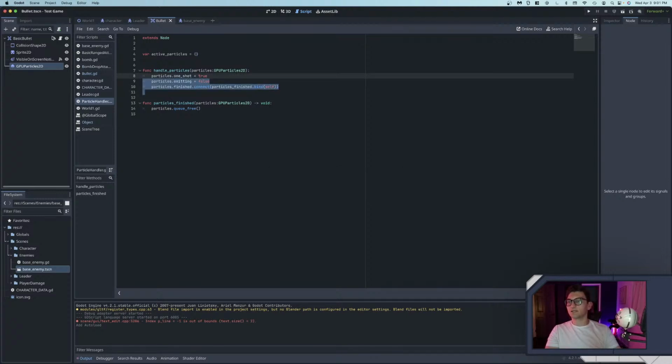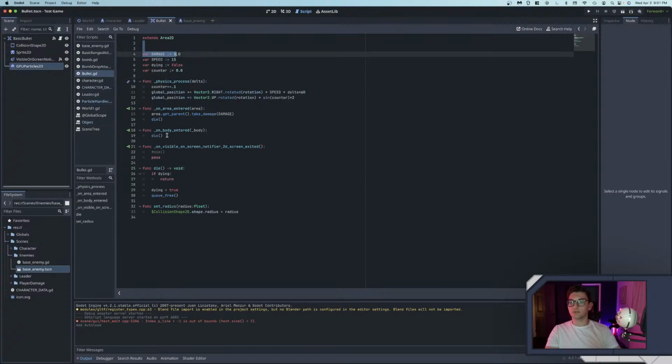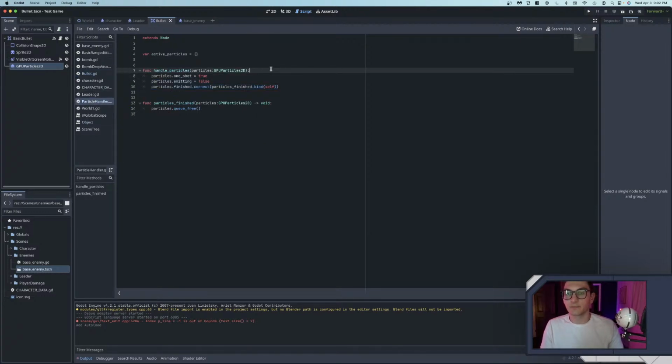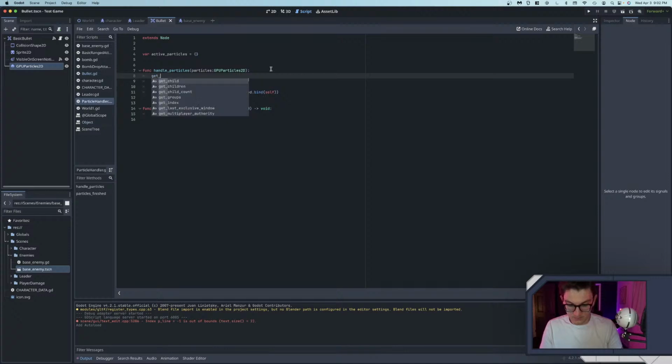And then the idea is that now in our bullet class, we can just do, when dying, we can say particle handler dot handle particles, GPU particles 2D, and that's it. Oh, except the other big one is that when we do this, we need to do get tree